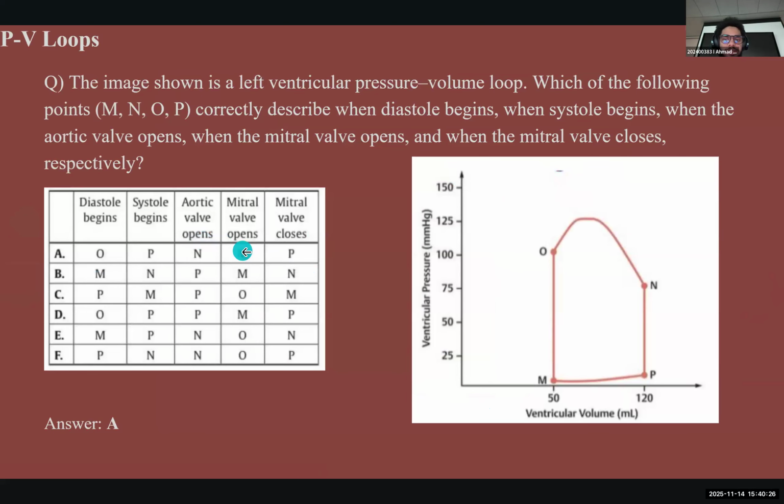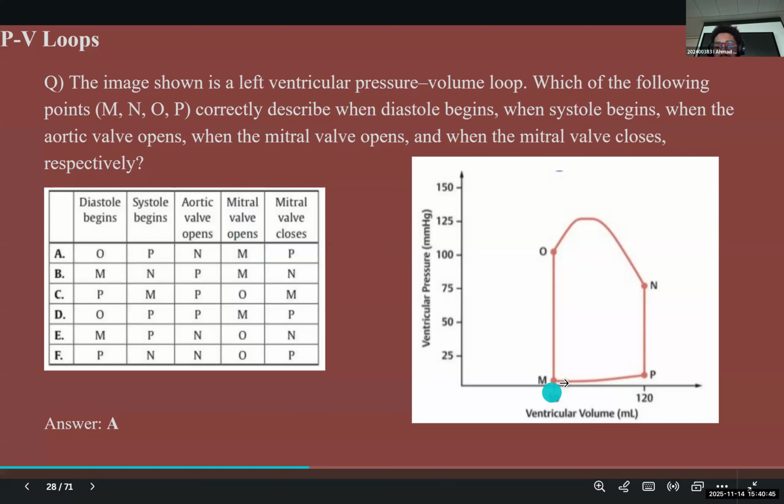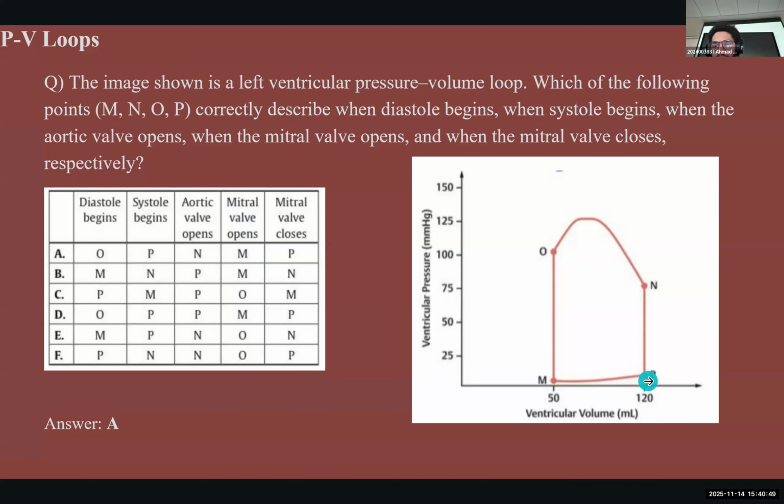Let's approach the question. Now we know that point M is the point at which the mitral valve opens. And at this point, the pressure in the atrium exceeds the pressure in the ventricle. As a result, the mitral valve opens and the blood starts flowing in rapidly. Looking at the question, it's only options A, B, and D that say M is the point at which the mitral valve opens. After that, the volume is increasing until we get to this point. When we're looking at point P,